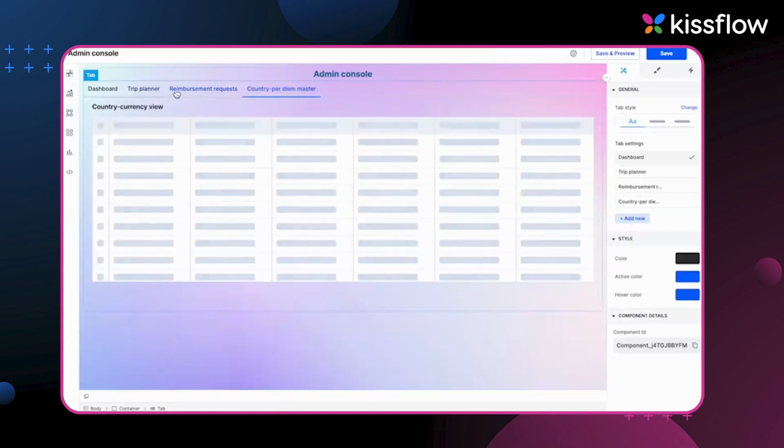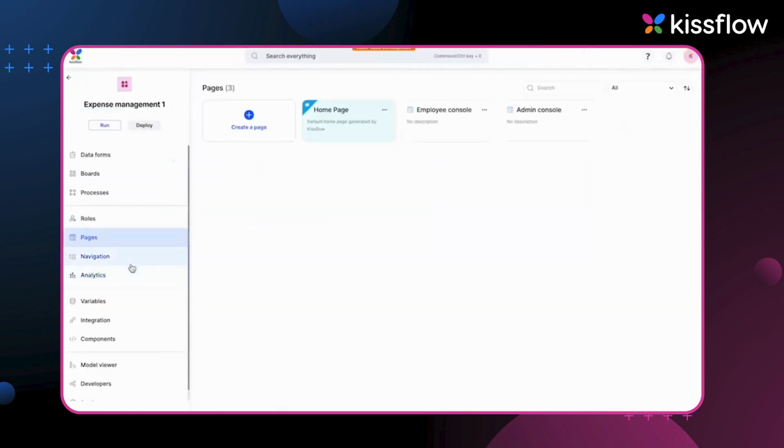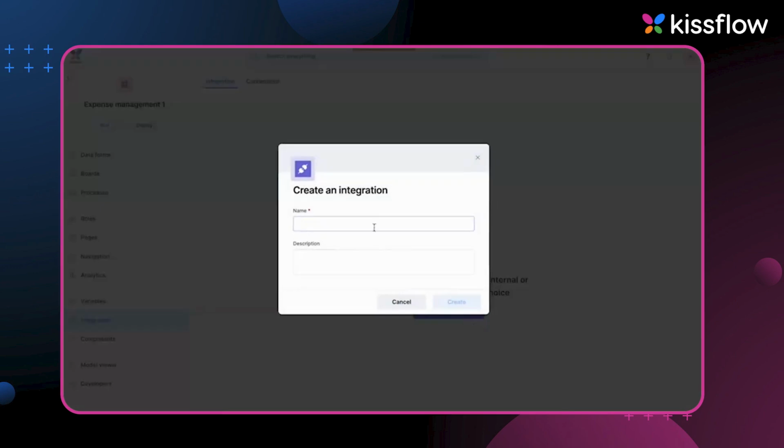So we have the reimbursement request, the trip planner, and the dashboard. Now we just have to make one integration. So that integration is about initiating the expense recorder. So let's quickly set that integration. So this is an internal integration. So I'm calling it